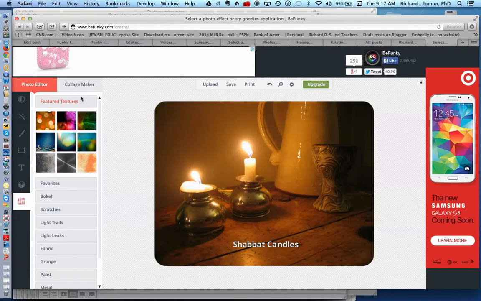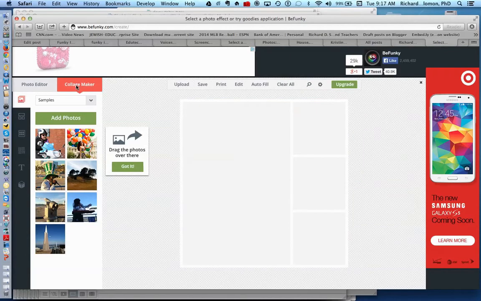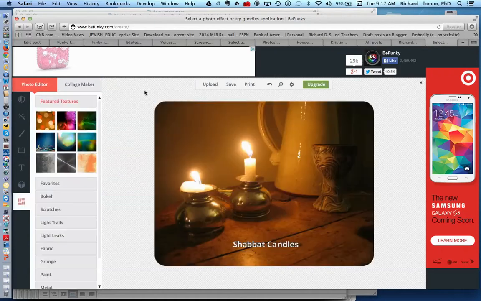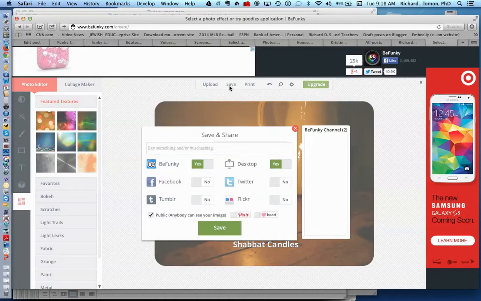Now, the last thing I wanted to share with you is Collage Maker, and that is you can drag photos from your library. Remember, they should have copyright permission, and just place them in the different boxes. And when you finish, you simply go and save what you have done, and you can then share this with different places. So if I wanted to share it with Befunky, or I want to share it to my desktop,